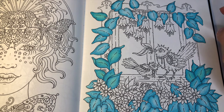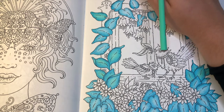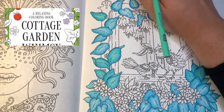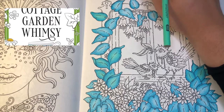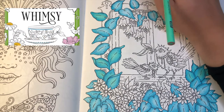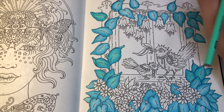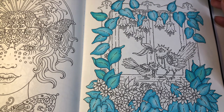So moving on to a book by Samantha Wagner. To be honest, I've never seen anything else by her or heard of anything else by her, but it has really good ratings on Amazon, which is fabulous. And the book is called A Relaxing Coloring Book, Cottage Garden Whimsy, and has a beautiful teacup on the front. So you do get a preview of a couple pages, and it's floral heavy. It's very floral heavy, but it has very simple